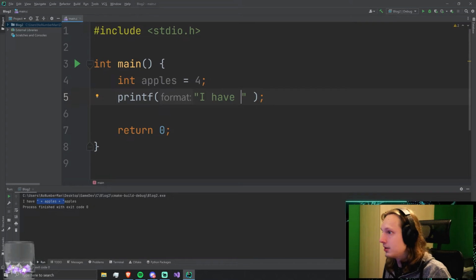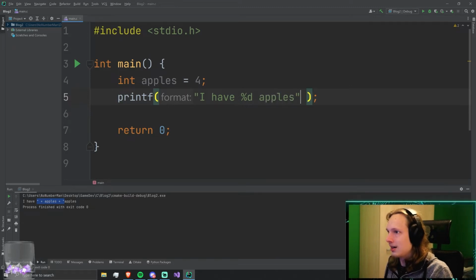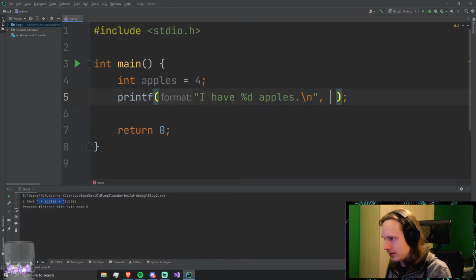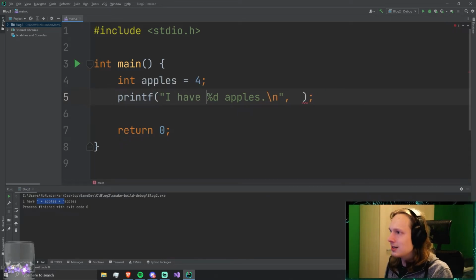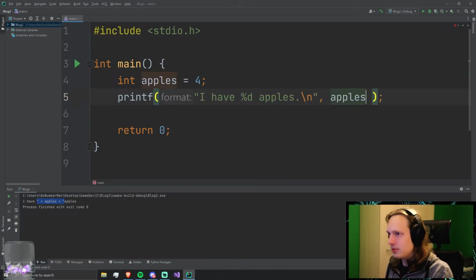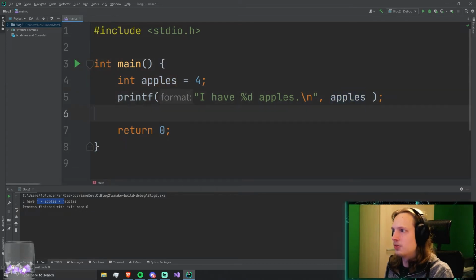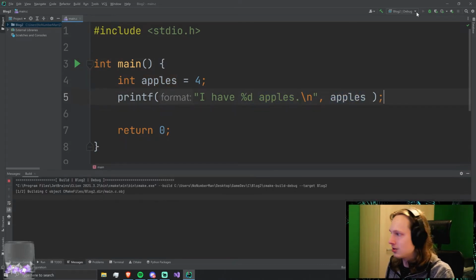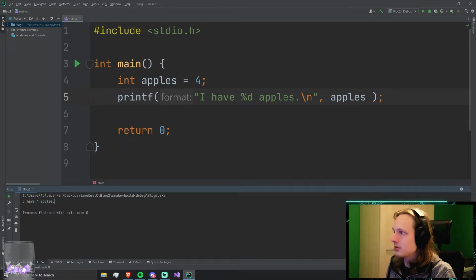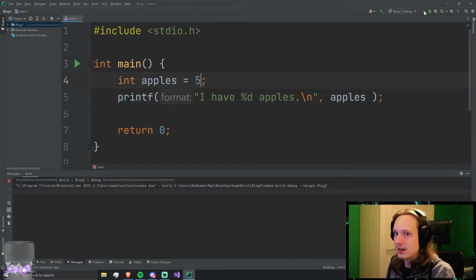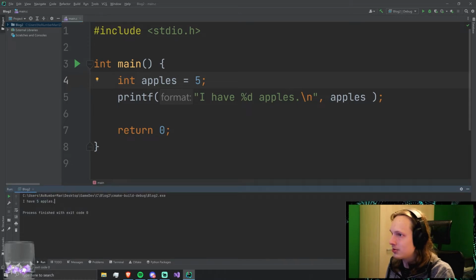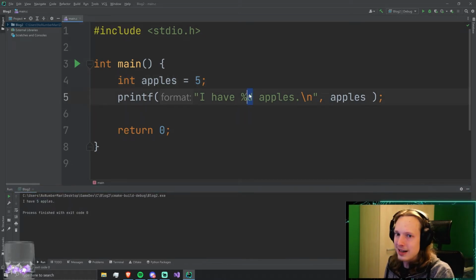Well, here we go. So I can do percent D, and this one confused me for a time, D apples. And oh, backslash n, almost forgot. I'll put a period in there as well. And the percent D actually references this first value that you put right next to the printf, which will be apples, as an integer. So apples will now be read as an integer and put in there. So if we do this, we get, I have 4 apples. And I can change it to 5, doesn't matter. I can run it again and I'll get, I have 5 apples. Why is it D? I actually don't know.